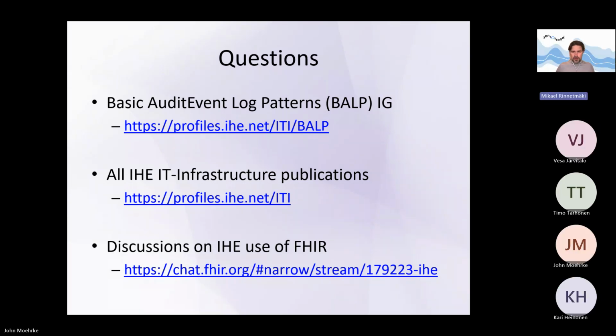Very cool. Thanks, John. There is a question in the chat from Kari. Is there a special spec for FHIR operation, dollar operation pattern audit logging? Or is this broken down to logging the request and its parameters and then the individual resources accessed/returned?